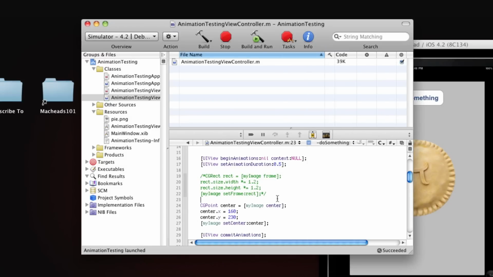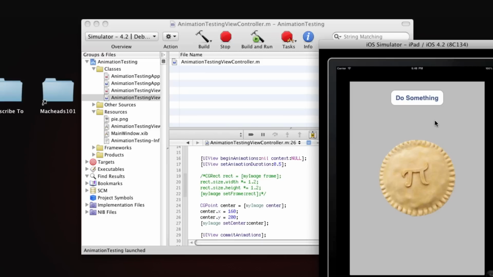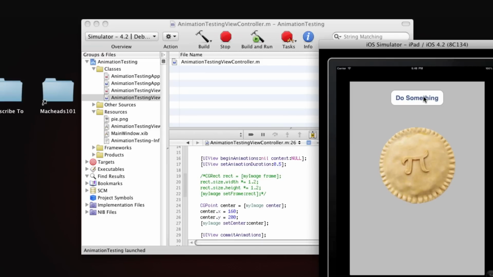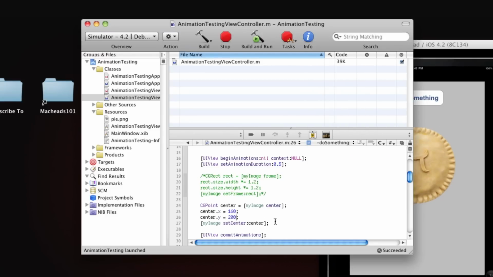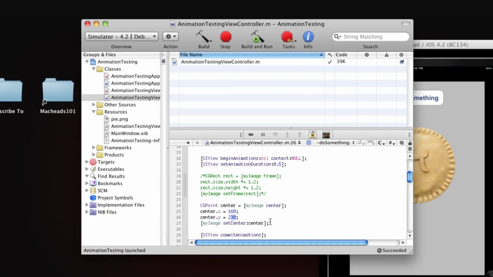But yeah, so basically that's how animations work. You can change this point just so you see. If you set the center to some other point, it'll move it. So it just moved up, as you can see. So that is how